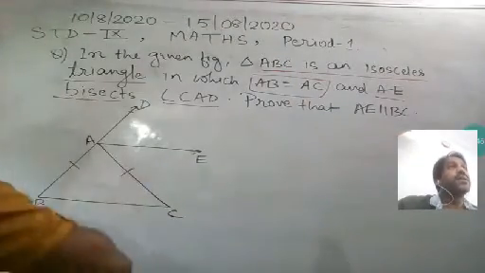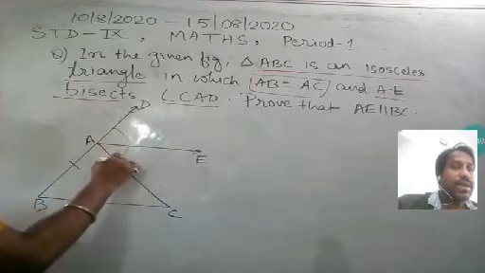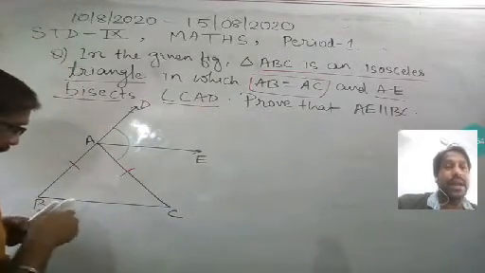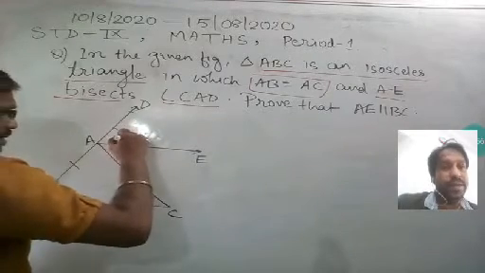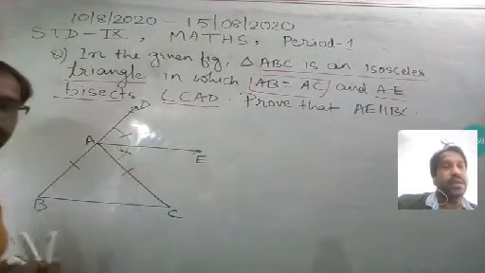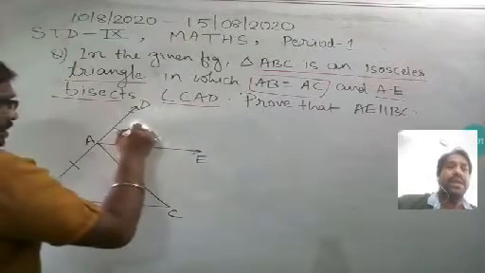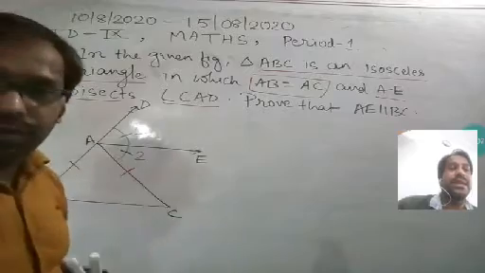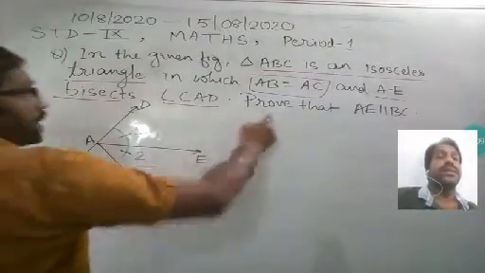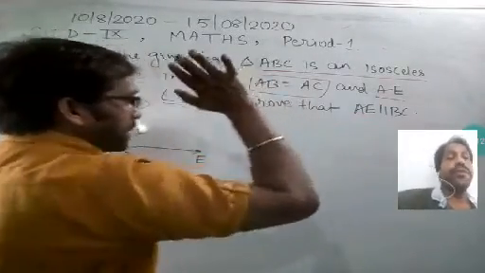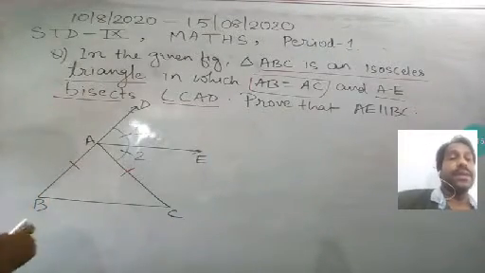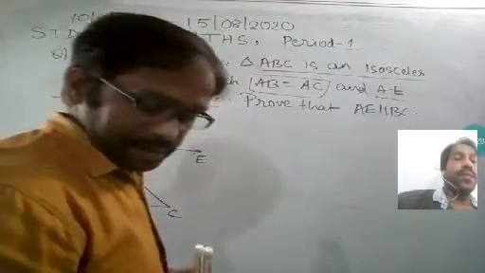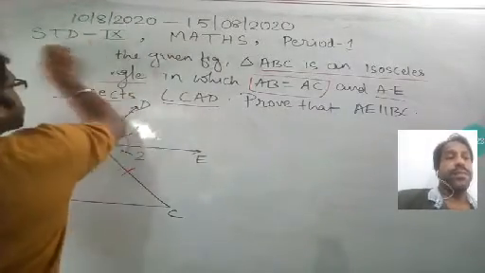Don't forget, class, that you shouldn't start writing and solving the question right away. You have to understand what the question is saying, and this was my purpose in the classroom also. I am always saying, don't jump on the question. Understand, read it two times and then start solving. It will be solved very nicely. Now that AE is bisecting angle CAD, this angle 1 is equal to angle 2. I have written that here also. So what we have to prove is AE parallel to BC.